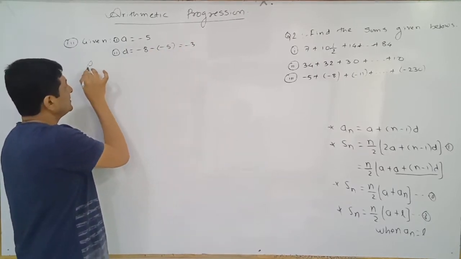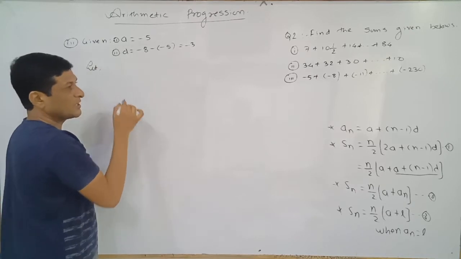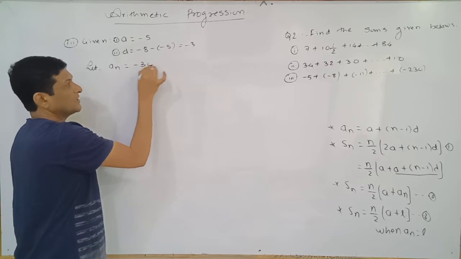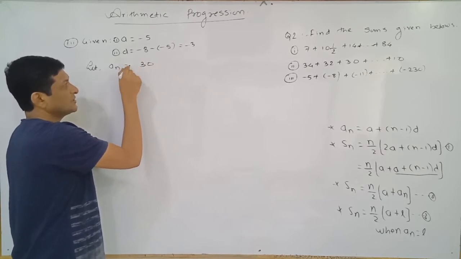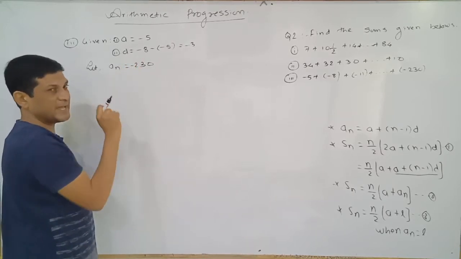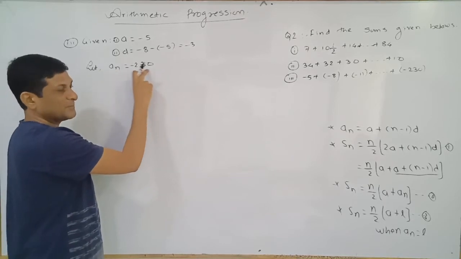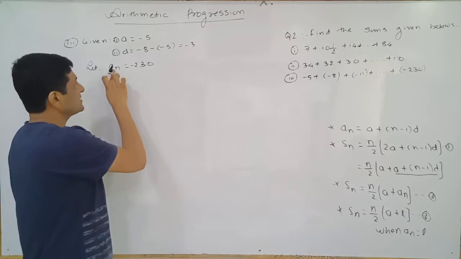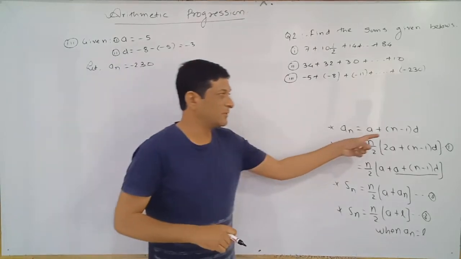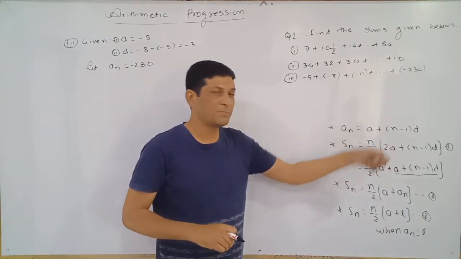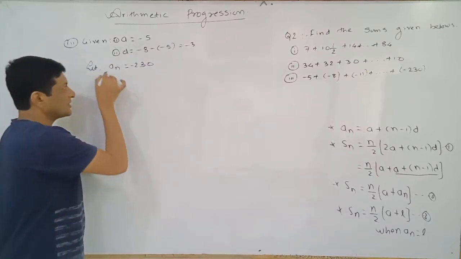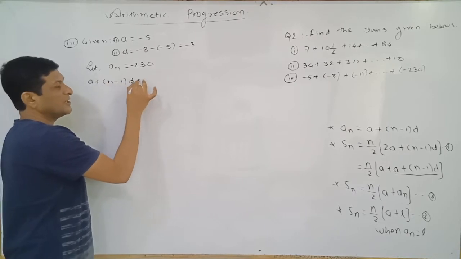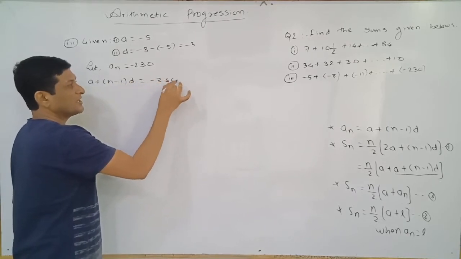And here last term in the arithmetic progression I am denoting it by an. An is equals to minus 230. Now using this condition we are trying to find out value of n. So last term is minus 230, denoted by an. So what is the value of an? An is nothing but nth term. Its value is equal to a plus n minus 1 into d. So replace this an by a plus n minus 1 into d. On this side minus 230, keep it as it is.